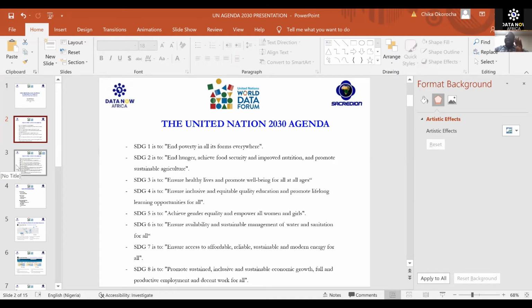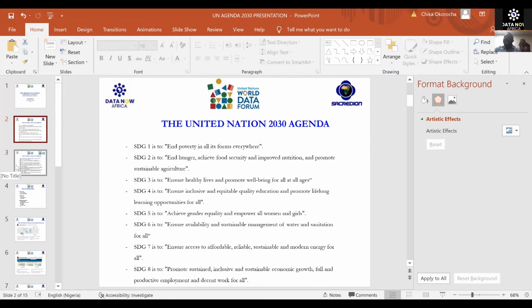Number one is the SDG goal. Agenda 1 is end poverty in all its forms everywhere in the world. So the United Nations is interested in ending poverty all over the world. So we know if we're going to solve the poverty problem, we need to know the socioeconomic trend of the world. Where are the nations that have high poverty rates? Where are the nations that we need to focus on in terms of food production? We need to understand that.